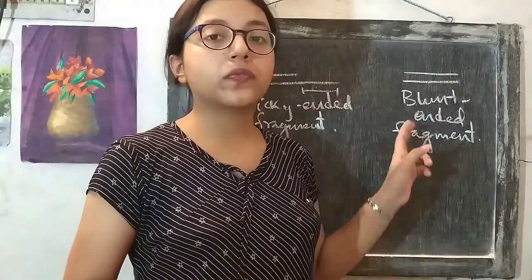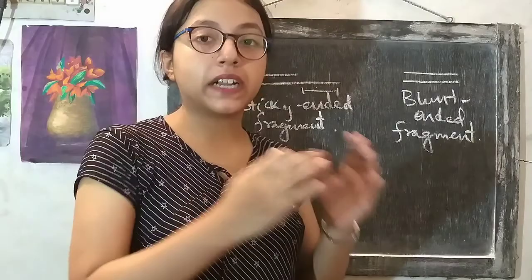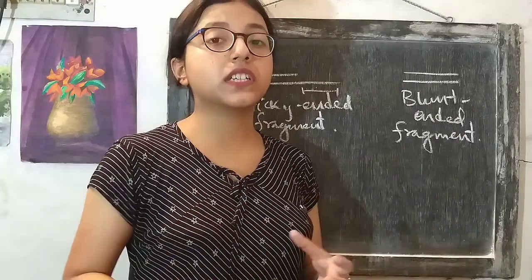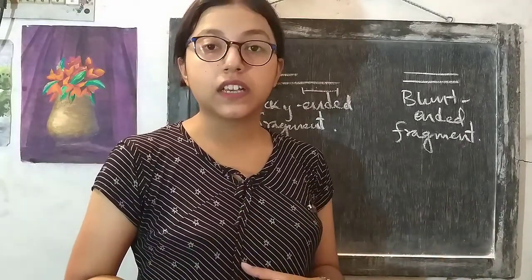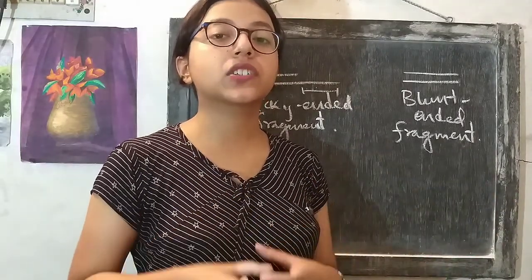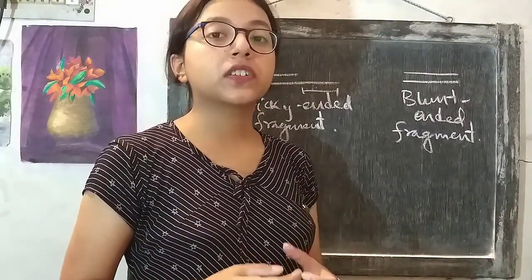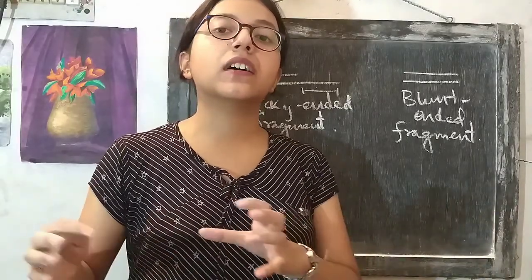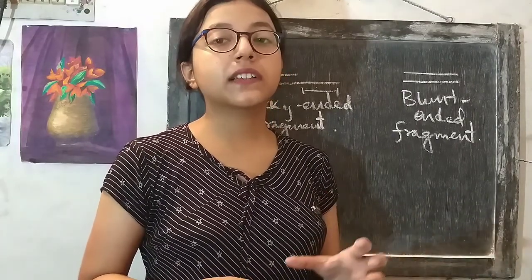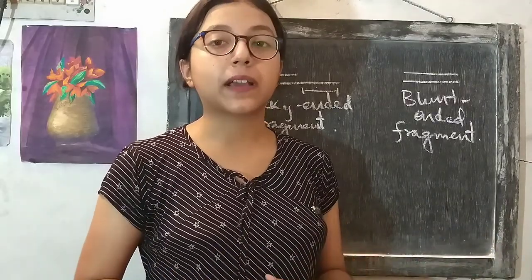It is always better to convert the blunt-ended fragment into sticky-ended form before ligation, because then the ligation reaction can occur with very much ease. Ligation can occur smoothly. So this is always the aim, to achieve a sticky-ended fragment after digestion with a restriction endonuclease. And if we do not obtain a sticky-ended fragment, then the only option is to convert the blunt-ended fragments into a sticky-ended form before ligation. There are various ways by which sticky-ended fragments can be generated, and we will discuss the methods of production of sticky-ended fragments in the next video.